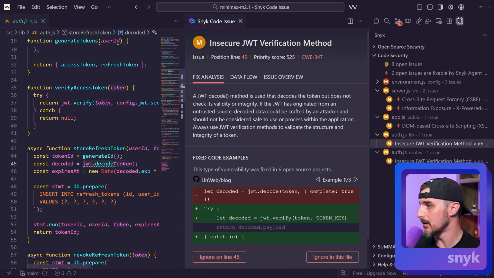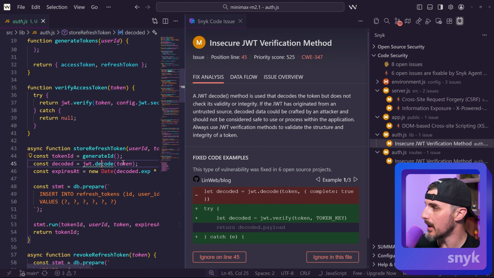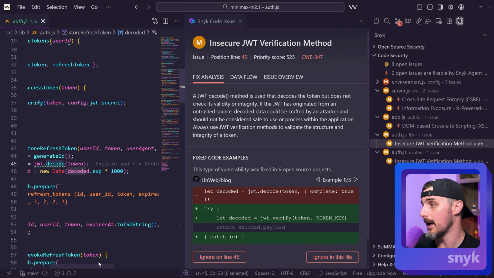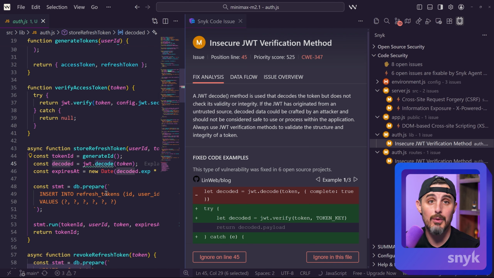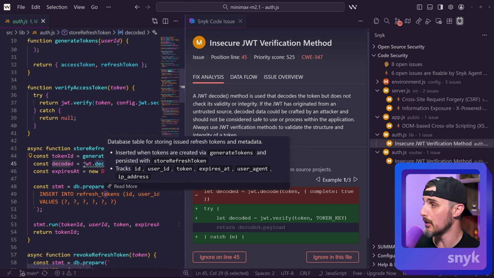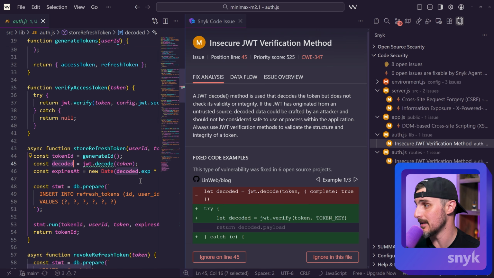So while Snyk is alerting us to this, this one may be okay because this is just for the storing of a refresh token, and it's trying to decode the information to read the data out of it. However, still, you might want to verify that first to make sure you're dealing with and using a valid JWT token before leveraging the data that's inside of it, and it's not one that was made up by a malicious